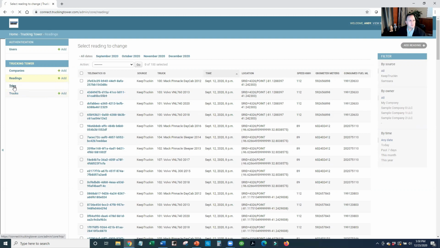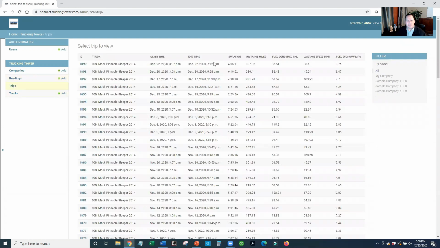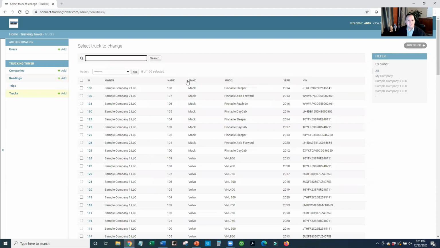And then I've got my trips: start and end time, miles, fuel consumed, average speed, fuel economy, when the start and end date and time were for those readings, etc. And then I've got my trucks. So all the different trucks from the ECM in the ELD data, we can pull the make, model, year of the engine and also the VIN. So we can pull all this information in here through an integration with whatever ELD